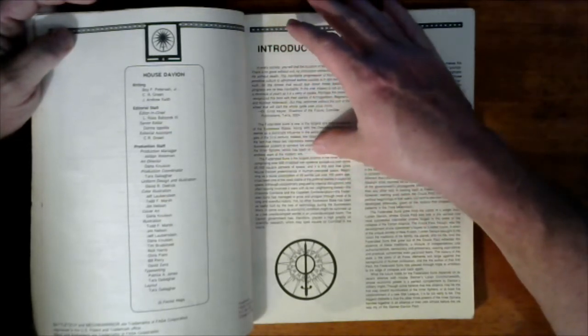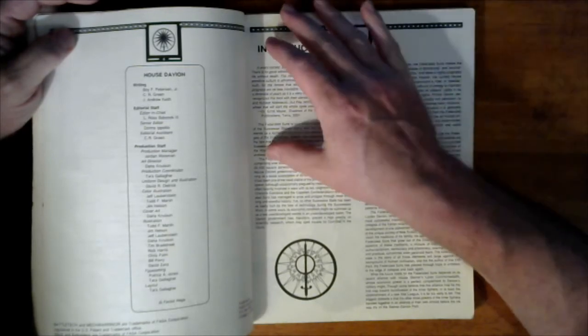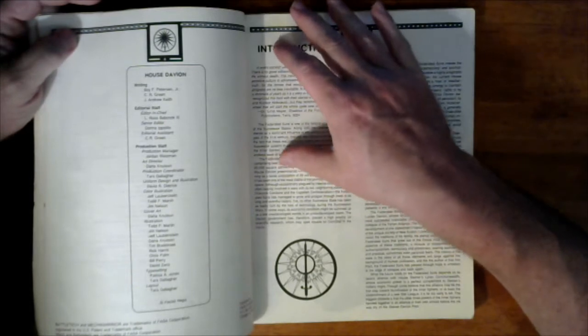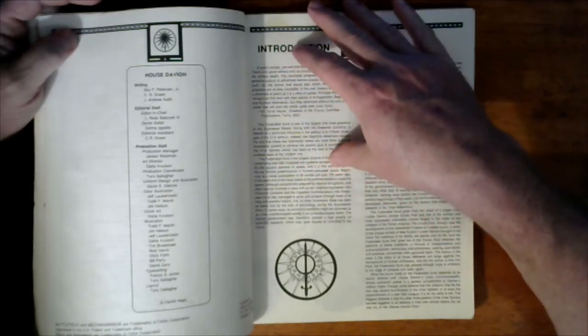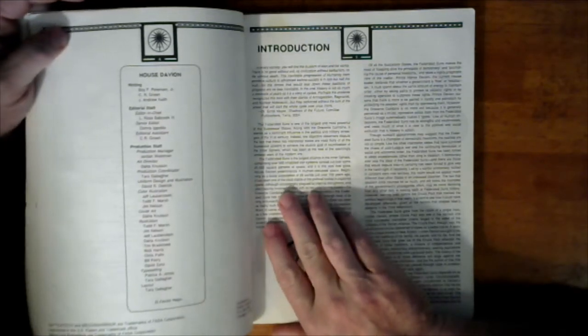Federated Suns is the largest alliance of the inner sphere, comprising over 500 inhabited star systems spread out over some 20,000 square parsecs of space. And it's this size that gives Hanse Davion preeminence in the human-occupied space. Beginning as a loose collection of 20 worlds over 700 years ago,